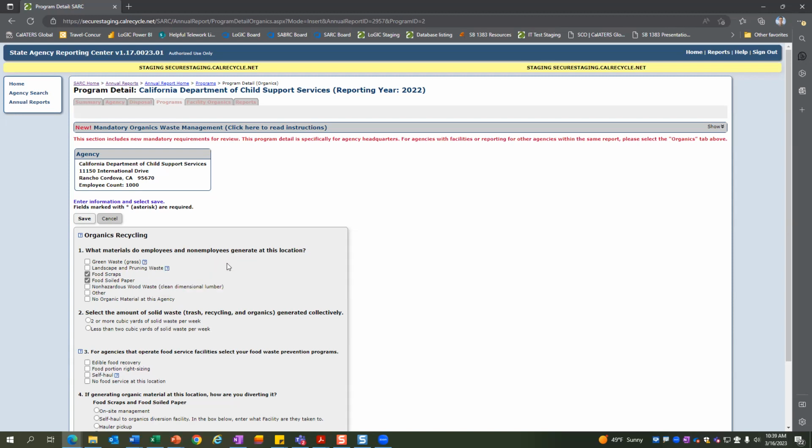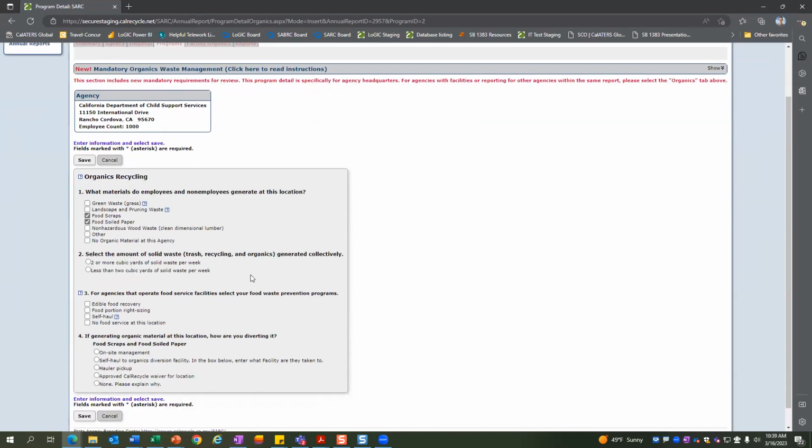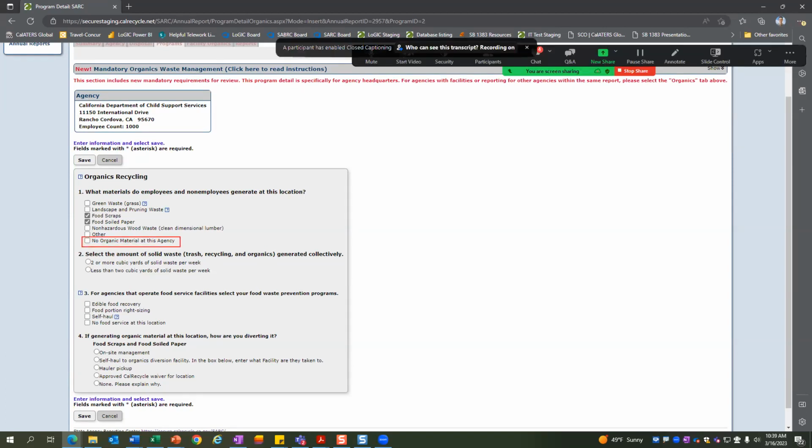I'm just going to pause for just a moment to see if there's any questions on that. I'm not seeing any questions. Okay. It's going to be really, really rare that anyone is able to select this option down here. And this would be maybe if there's no humans present at a location that you might select this.